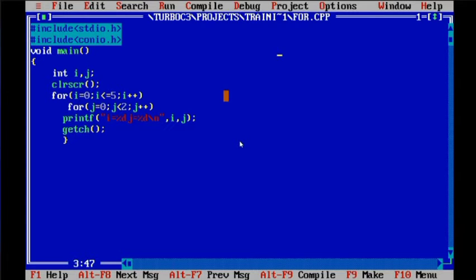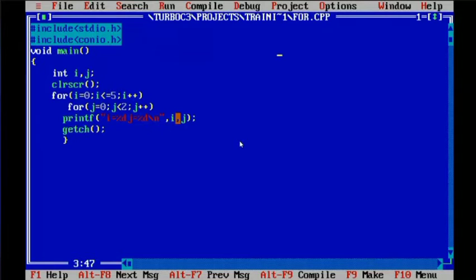Ma'am, 0, 1, 2, 3, 4, 5. 6 outputs. Can we call this 6 outputs? We will be getting more outputs, no? 6 rows we will be getting. Rows means horizontal things are called rows. In a table, the horizontal part is called a row, and the vertical part is called a column. And there are a total of 12 outputs. Okay, very good. That's what I was asking.